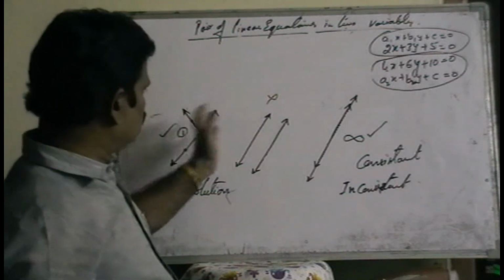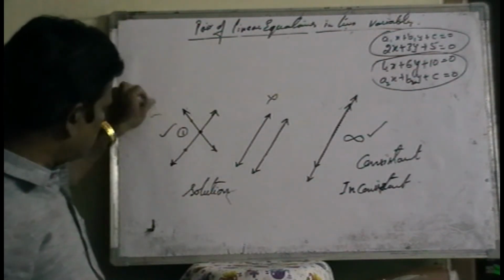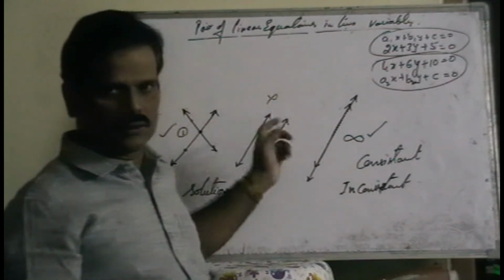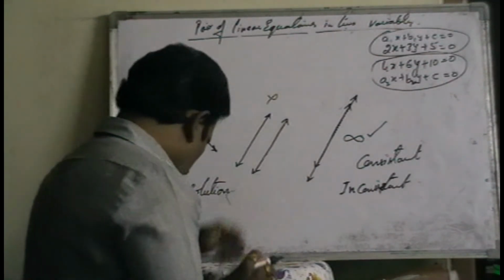So how can you decide whether it has a solution or no solution? That means what? Only for example,